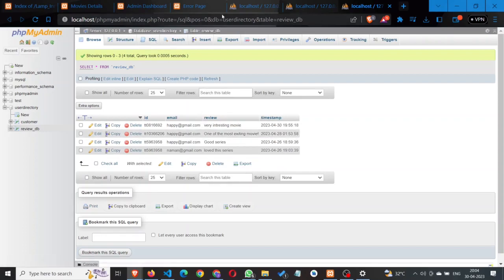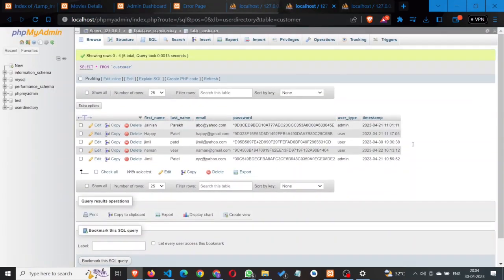Okay, so that was it. Then, this is the customer table where we actually store the data of the customer, whether he is an admin or not. This is the password format that we have stored, and this is the overall